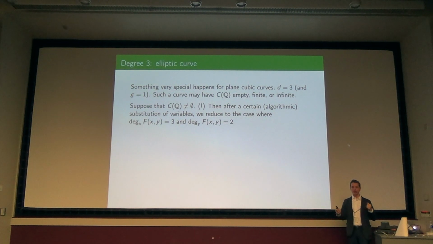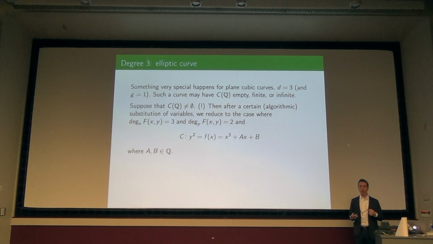First of all, you can eliminate a y cubed to make it just a y squared, then you can really complete the square. And what you end up with is an equation like this, y squared equals f of x. Isn't that nice? You really get to reduce the number of monomials by being careful about substitutions like this. And after all, if we want to find rational points and I have some rational maps between them, I can always study this guy and then move back to my cubic equation if I want to. Okay? So this is what the standard form is called, a Weierstrass equation.